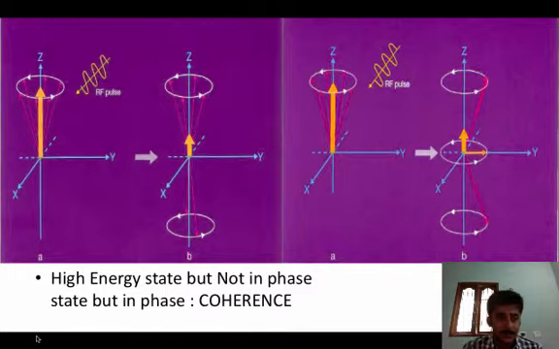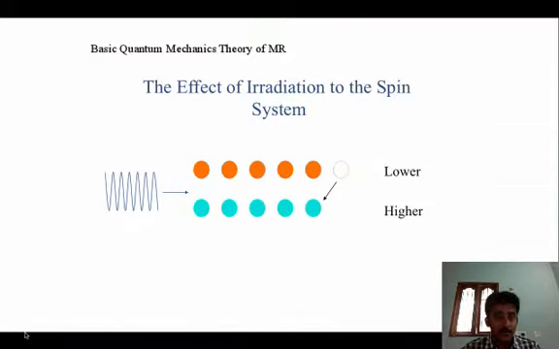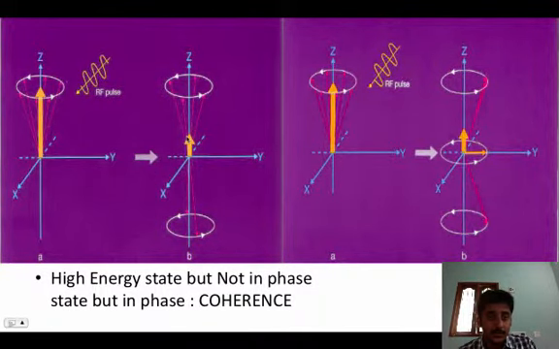In this diagram, let us see figure A. Here, the net magnetic moment is longitudinal magnetization, because the maximum number of protons are aligned in the positive z direction. In figure B, we are applying a high energy radio frequency pulse such that 50% of the low energy protons aligning in the positive z direction are moved downward. Hence what happens to the net longitudinal magnetization? It will start decreasing. We can see the arrow which is descending.